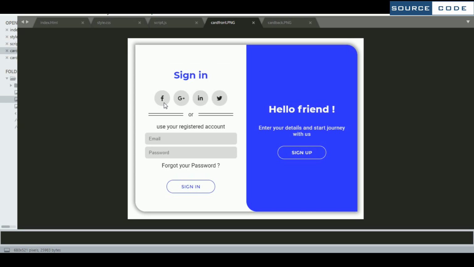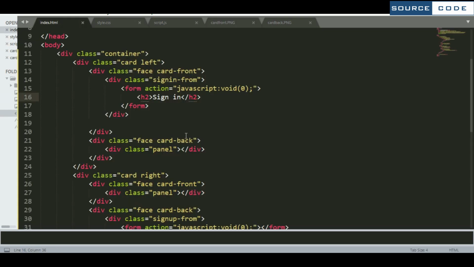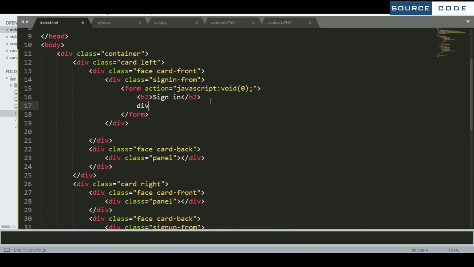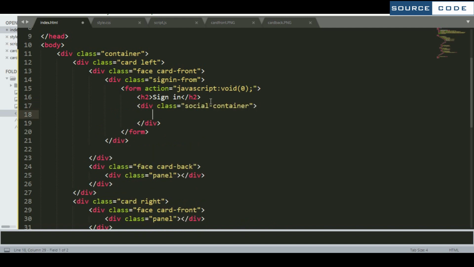So now we are going to design this for social media part. So come to the HTML part again. Make one div, the class name social container. Inside this, make one anchor tag. Just copy this one.